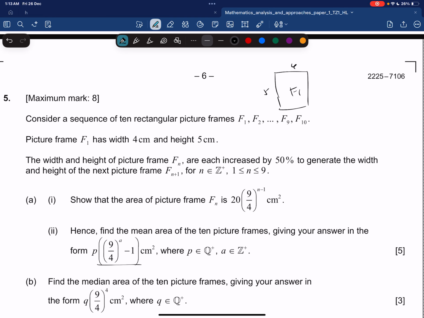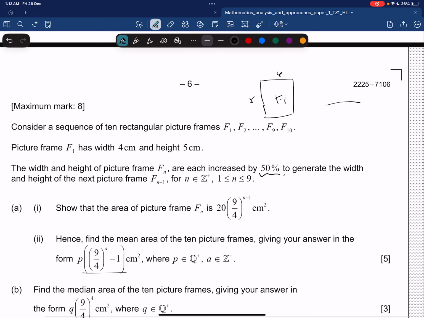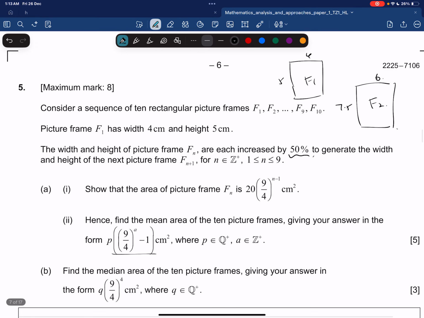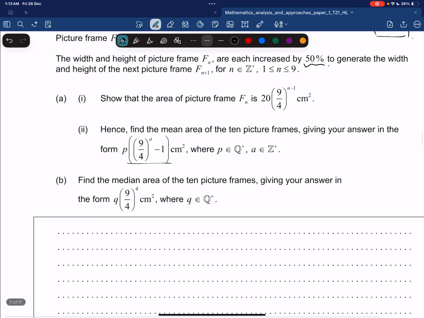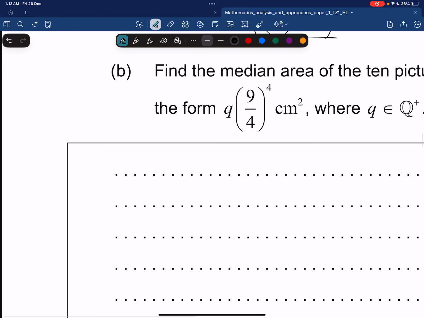And frame 2, the next frame, would have its width and height both increased by 50%. So this would now be 6, not drawn to scale, and this would be 7.5. Show that the area of the picture frame Fn is 20 (9/4)^(n-1). So